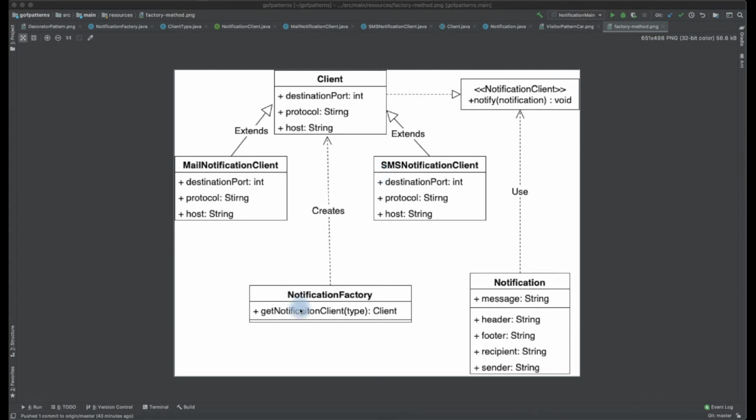So the notification factory abstracts the client, and it enables the object creation process. The notification factory takes in a type of this client, and it instantiates the notification client and returns the object. Since this client implements the notification client interface, after the notification client is instantiated, the caller can call notify on the notification client